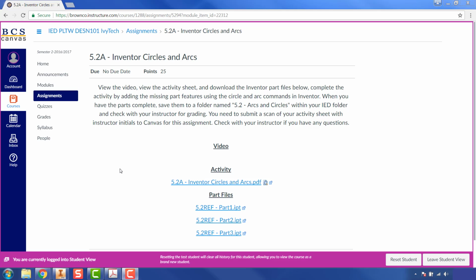For activity 5.2, you're going to have to use reference Inventor files that I've provided for you, parts 1, 2, and 3 in Canvas, to open them up and add additional features using circles and arcs in Inventor in order to complete the features. And the activity sheet here